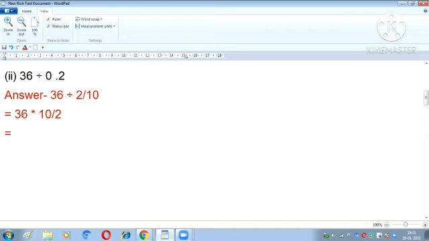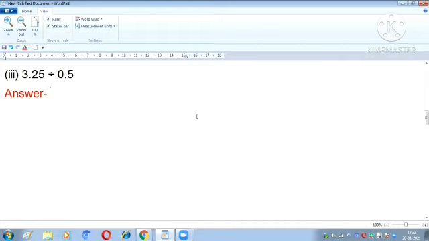Okay. So we will write 18 multiplied by 10, because here is only 1 remaining. Okay. So 1 does not have any value, so no need of writing 1. Okay. So 18 multiplied by 10, that is equal to 180. Okay. So 180 is the answer of second bit. Okay. So let's proceed to third bit.